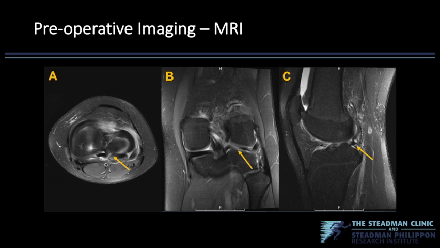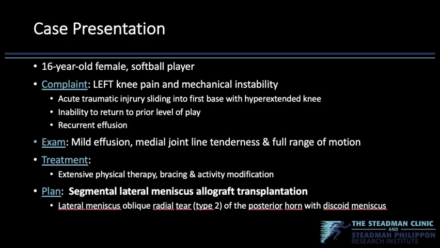MRI demonstrates an oblique radial tear of the lateral meniscus about 5 millimeters from the posterior horn with displacement and also suspicion of discoid appearance of the lateral meniscus. Due to the complexity of the tear pattern and defect adjacent to the meniscal root, the patient underwent segmental allograft